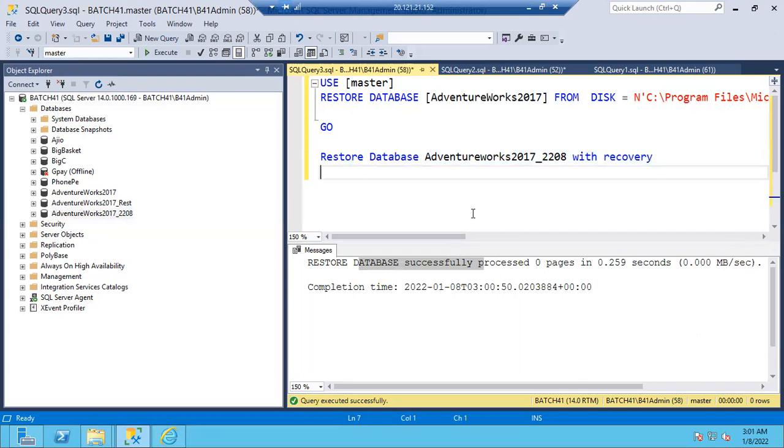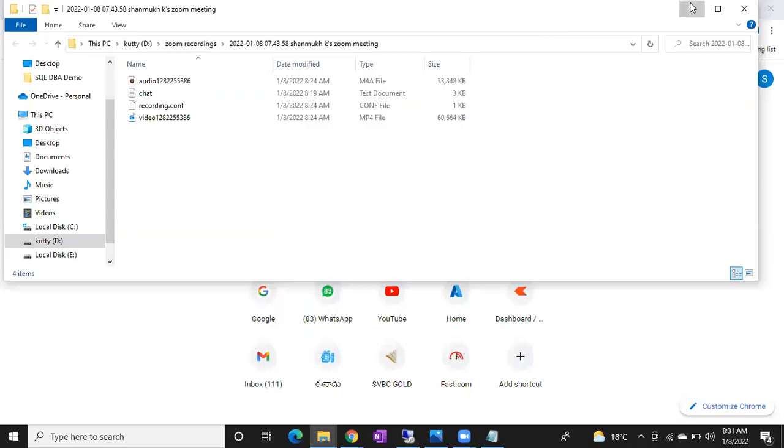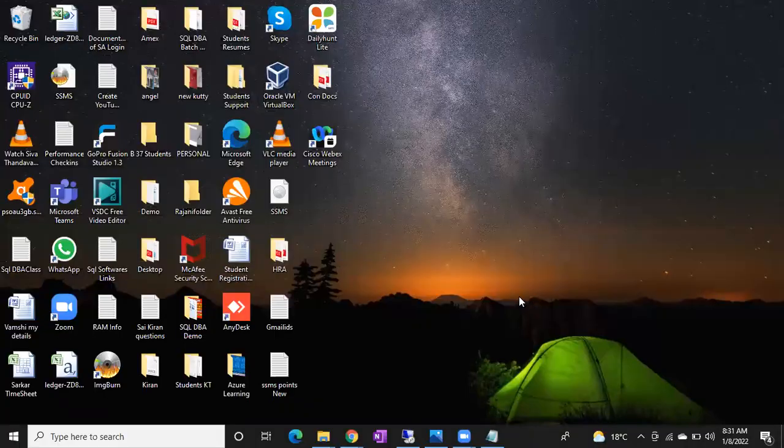This is how we are going to restore in the same server. In a different server, how to restore, sir? I'll show you that one as well. There is no change, we have already discussed all the things. There is no difference. So let's do one thing. In my local machine, I have one SQL Server. Let's try to restore the same.